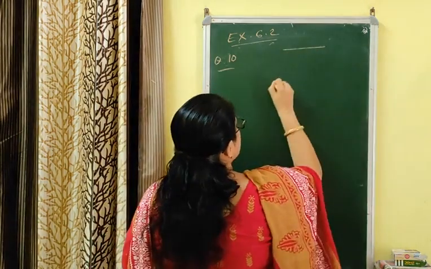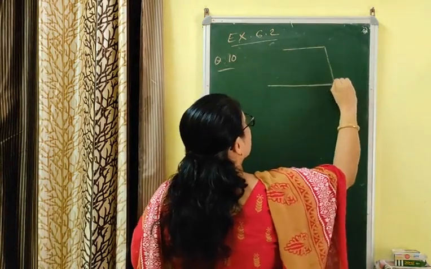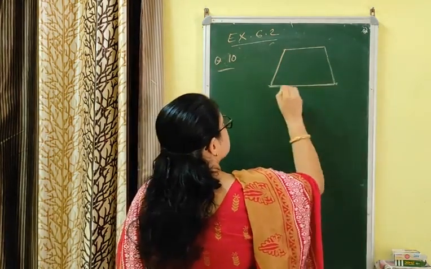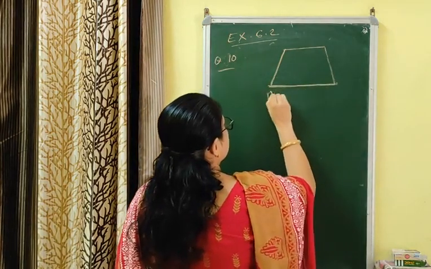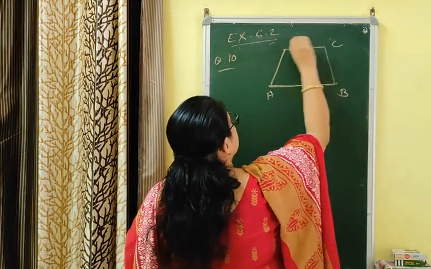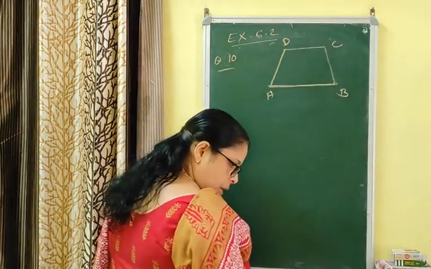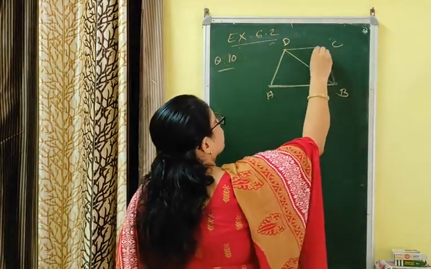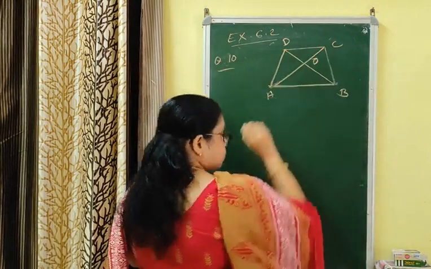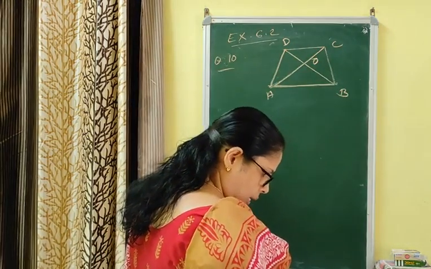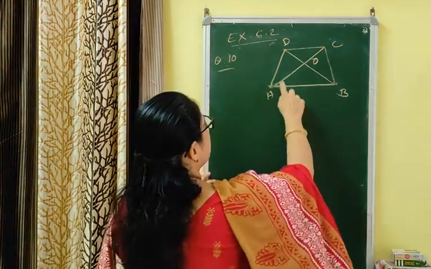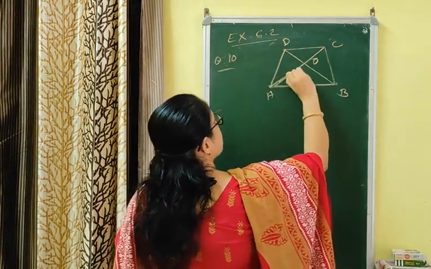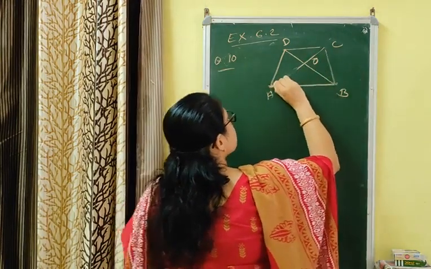So since you are asked to prove trapezium, you have to draw the figure in the form of a trapezium. आपसे trapezium proof करने के लिए पूछा गया, तो आपको figure भी trapezium जैसे ही बनाना है. And diagonals are intersecting at the point O. You are given that AO by OB, this one is, let me draw the figure once more.